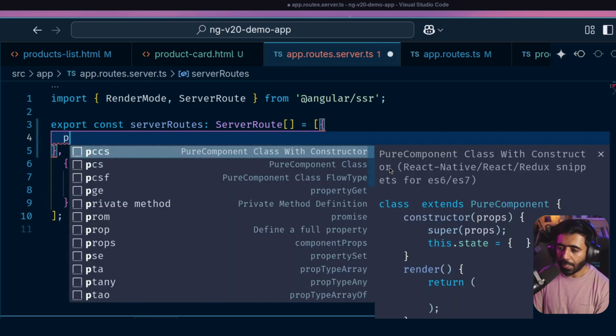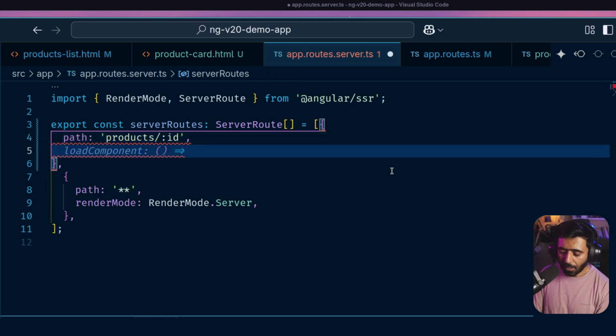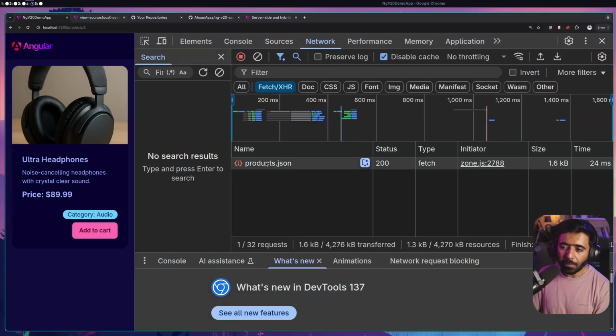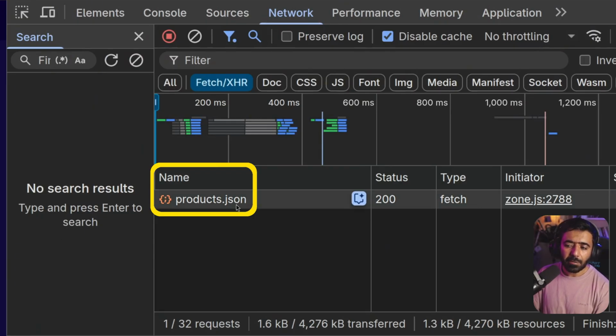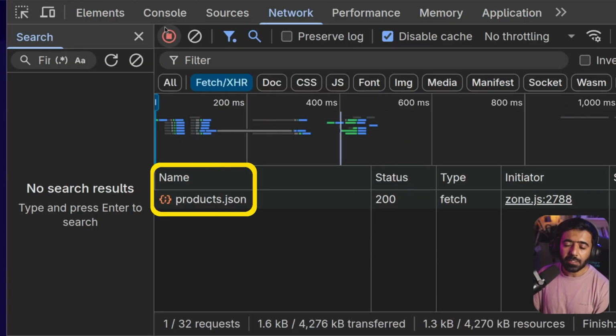So I can quickly go ahead and say path, and here I can say products/ID, and here I'm going to say that the render mode for this one is going to be RenderMode.Client. If I just do this and go back to my browser, you can see immediately that we have this products.json here. If I refresh now, you can see that we make this call, and then everything